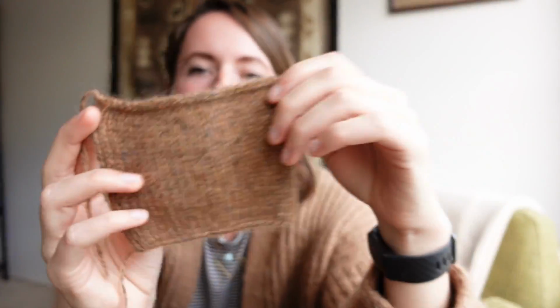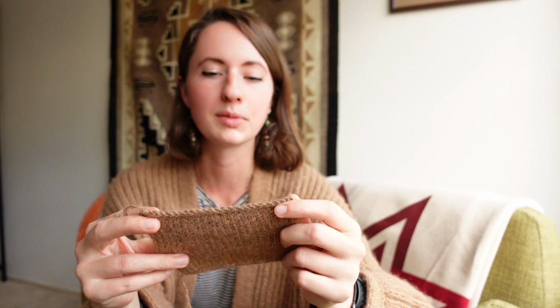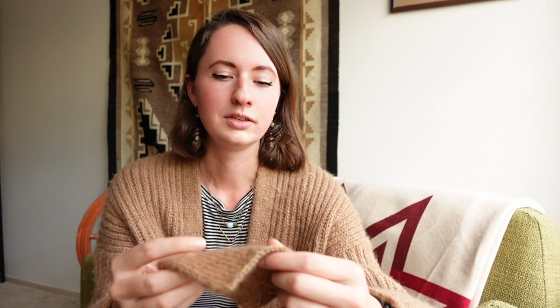So this is very exciting because this is the gauge swatch for my first ever TestKnit with Spoonful of Talent. Lucy is her name. She's from Germany, or she's living in Germany. And I got accepted for her Golden Fall TestKnit sweater. I'm so excited. I want to shout out to my mom, Carrie's Fibers, for this, because she actually sent me the post that was like the lead up post to Lucy announcing this TestKnit,